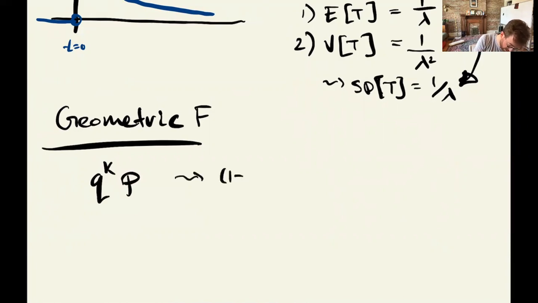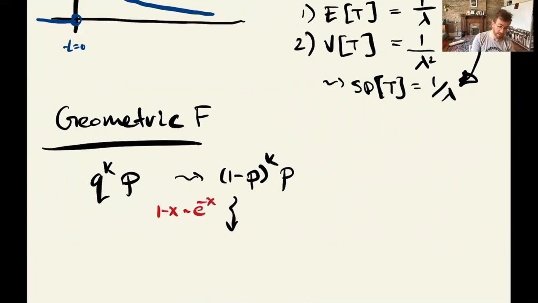So Q is the same thing as 1 minus P. I'm raising that to the kth power, and then multiplying that by P. If I use my 1 minus x is approximately e to the minus x approximation, then I end up obtaining that this is the same thing as e to the minus p times k times p,